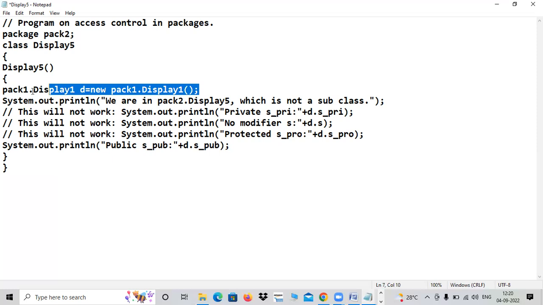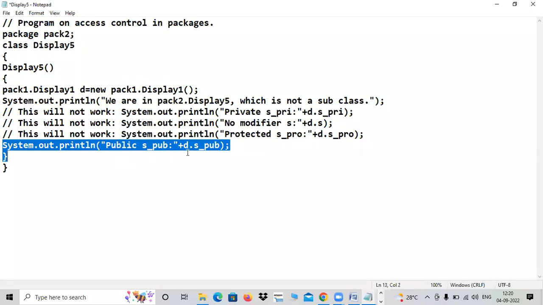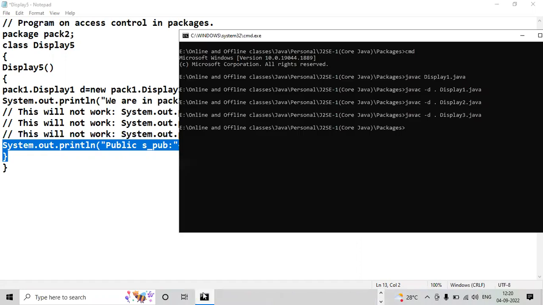You can see here. And why is the object required? Because display 5 is not having any relation with display 1. So an object is required because instance variables are there in display 1, and that too only public you can access, because there is no relation with that and it is in a different package. So you can access only public. So let me compile this also quickly. Then we can move to main. Yes, any doubt? Ask me. Sir, pack